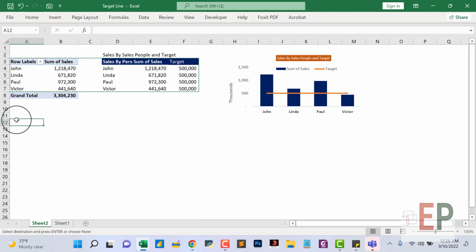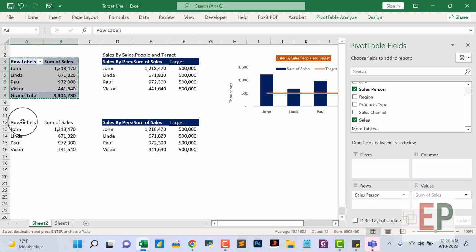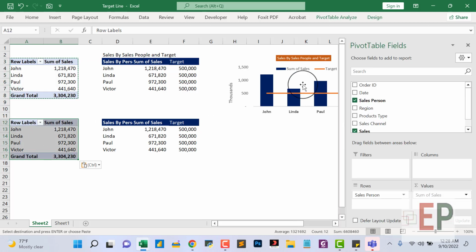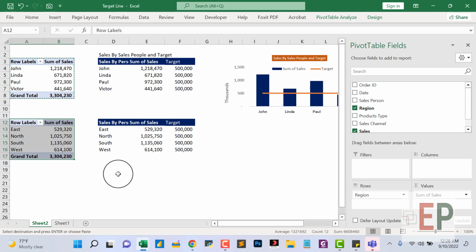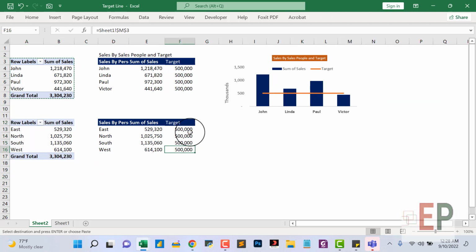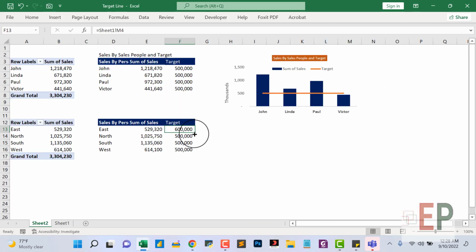Okay, then paste it there. Right, so let's copy this. We have to copy the whole table, remember? Then paste this. Then we change it to region. Remember this, we have to link this to region. Okay, so for region, this has to be